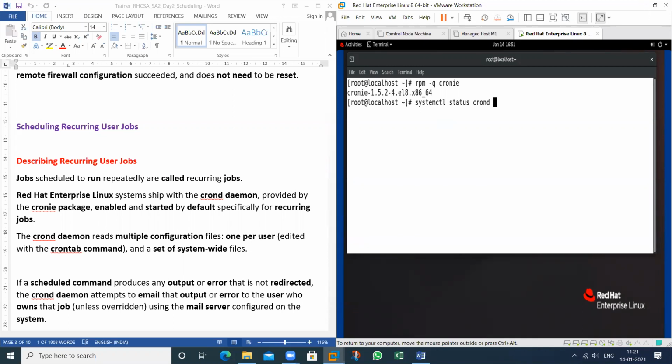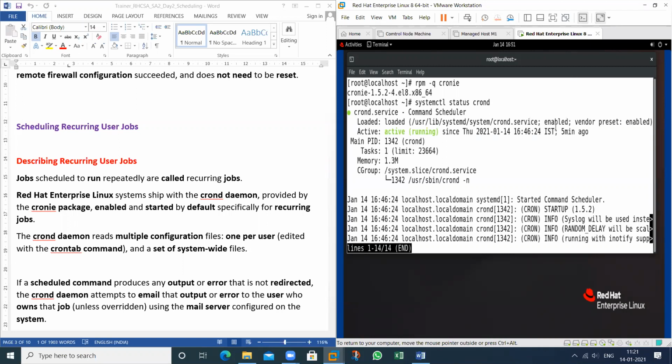See, this package is installed by default in your machine, and it is enabled by default also. And check, this is active also. So this one is active and enabled, and by default the vendor side is also enabled.